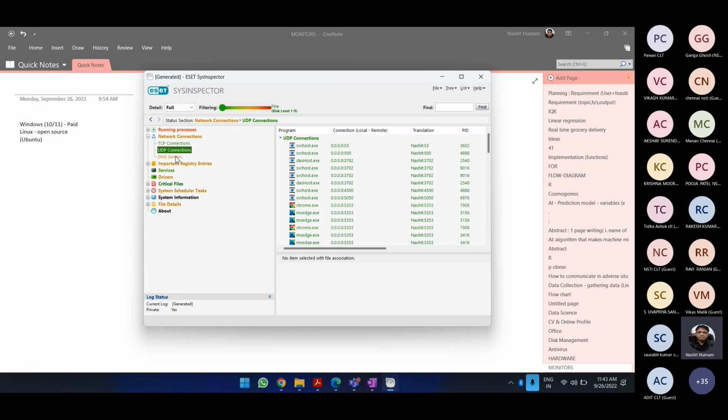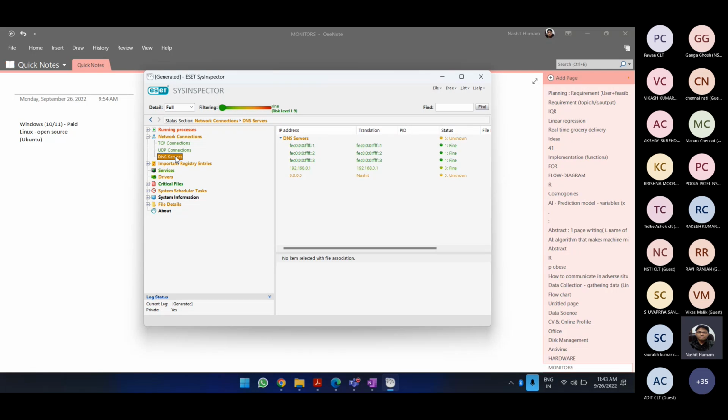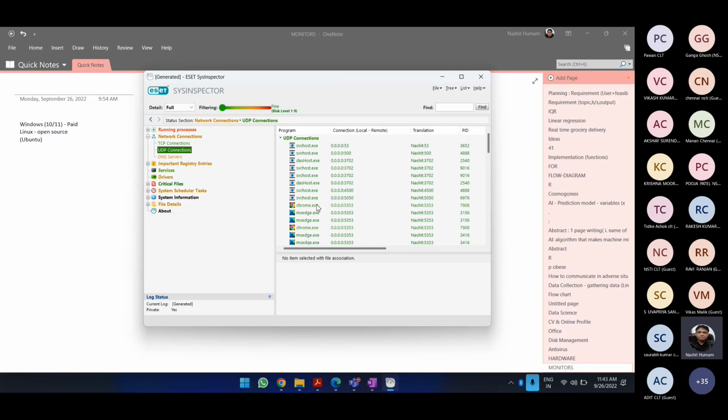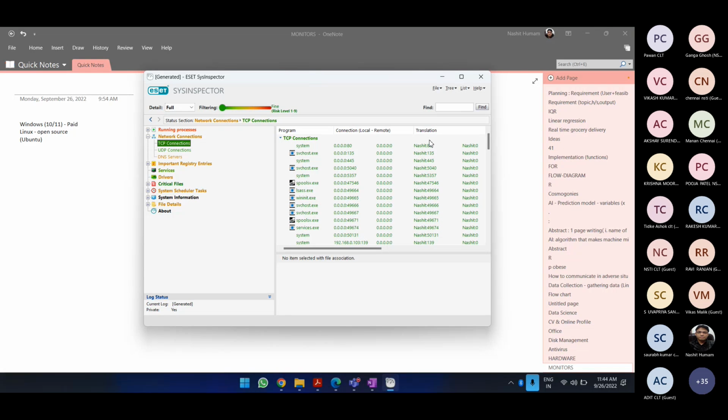So different TCP ports and different UDP ports are being used by each and every application. Port 80 of the TCP connection is being used by the system, and whenever we try our localhost, that would also use port 80. So you can get different things from here.